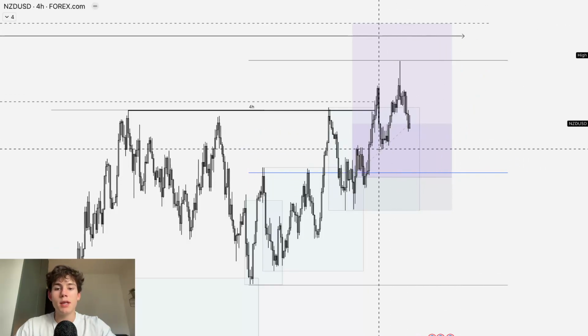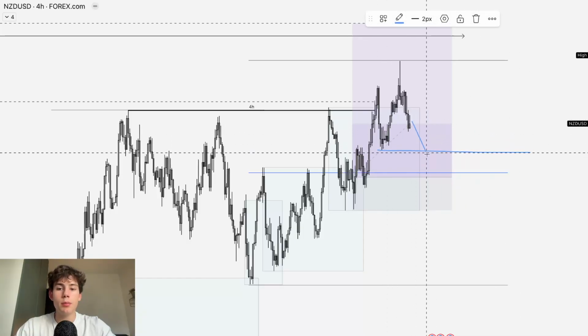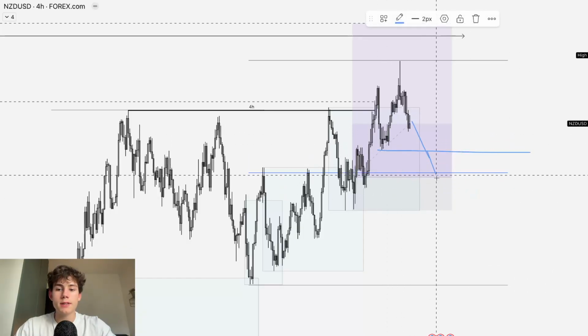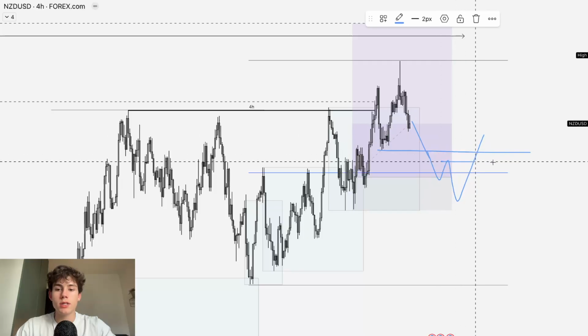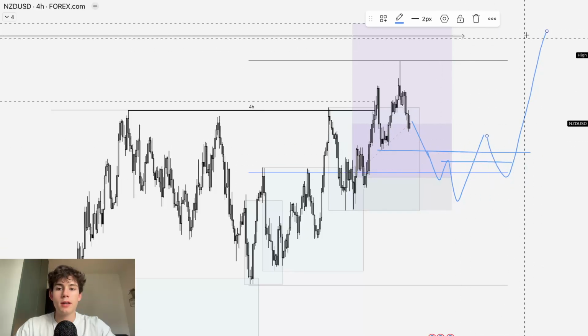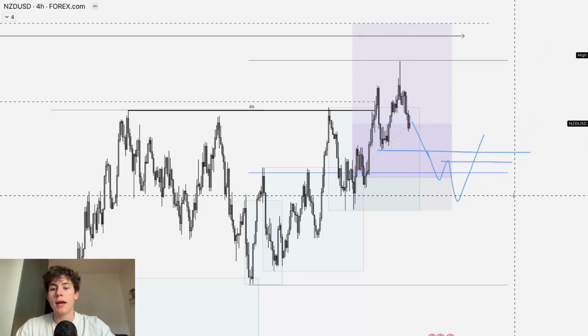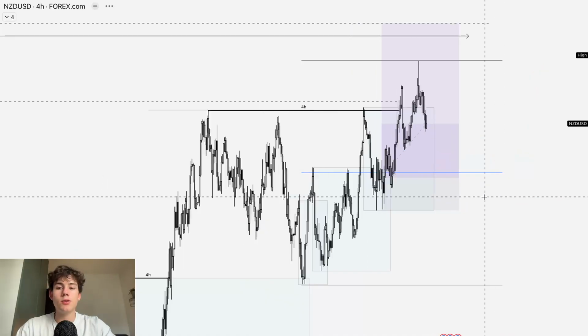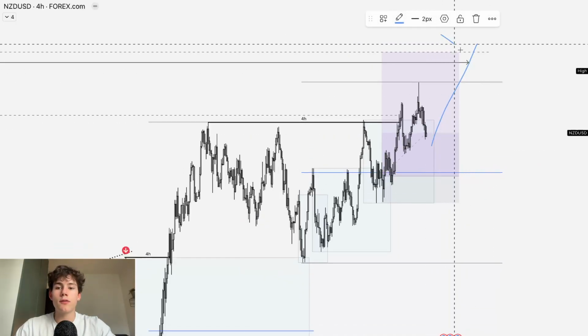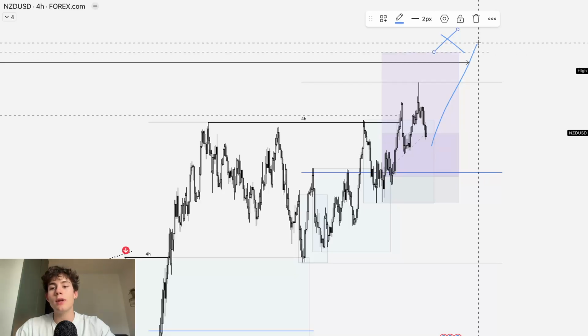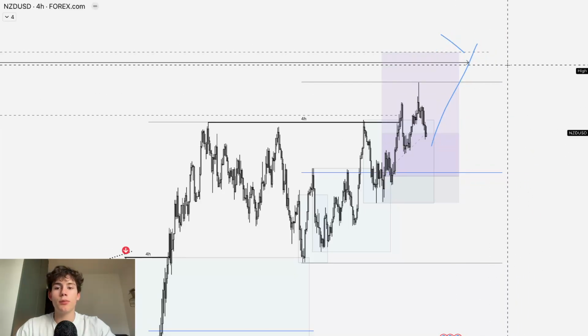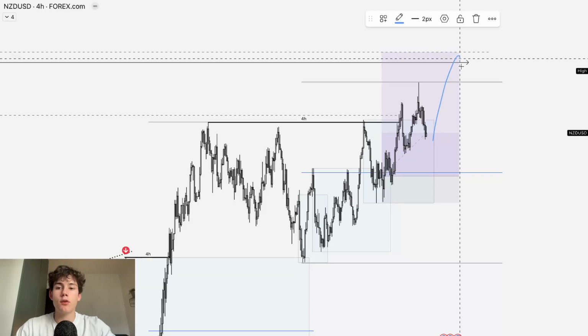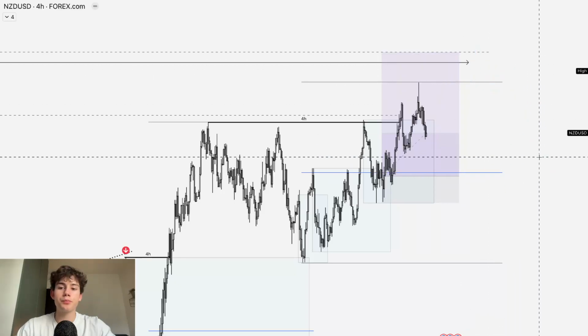So what I'm going to be waiting for is this liquidity to grab, tap that discount prices, and then see an order flow switch in order to trade up higher in towards that higher time frame supply. So that's my game plan on NZD USD, or just short from that higher time frame weekly liquidity and take short setups from there after, of course, a 4-hour fractal break.